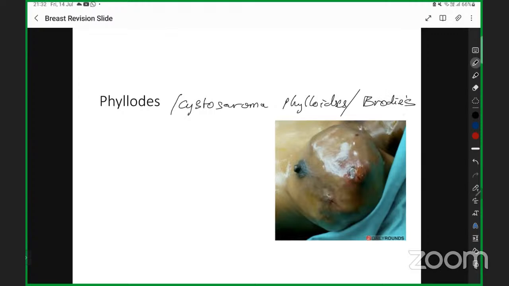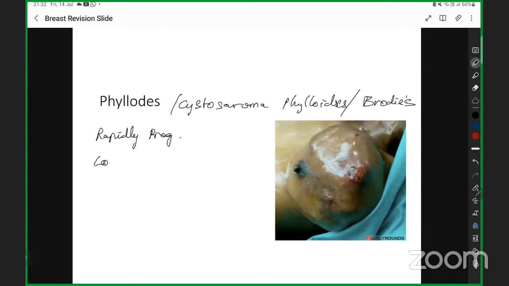Remember, guys, there are 2 types of Brodie actually. Even in orthopedics the same name will come, Brodie's abscess, a type of pyogenic osteomyelitis. Similarly, in the breast also you have Brodie's disease. This is going to be a very important, rapidly progressive breast lump.